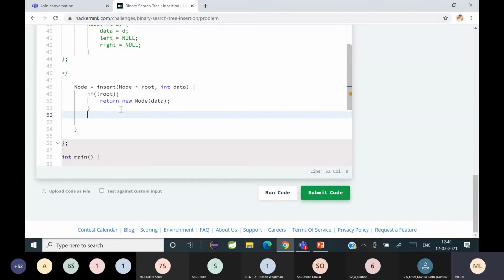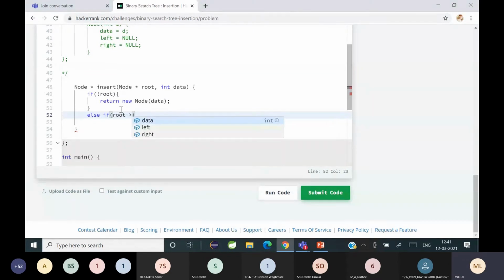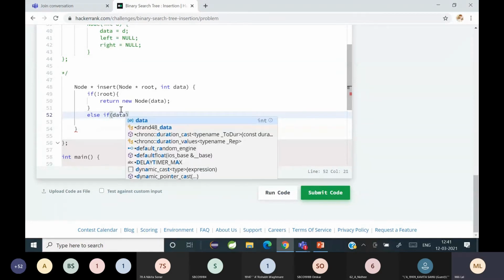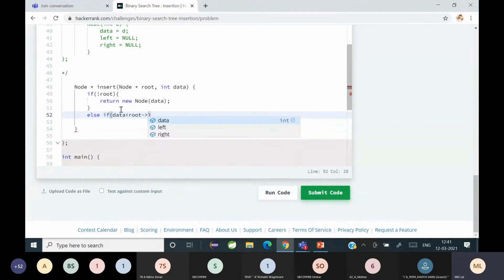Now, if the data given is less than the root's data, what will you do?